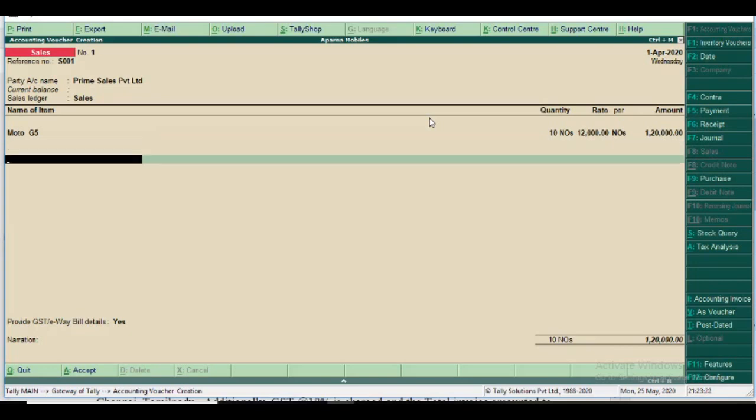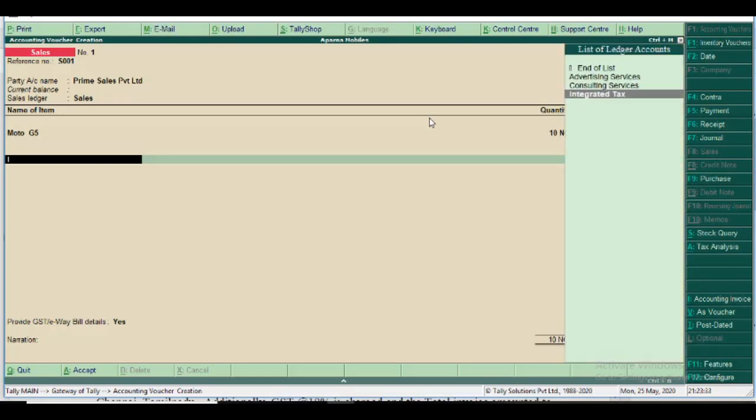It is also interstate sales because it is a state to state transaction. So the GST involves IGST, that means integrated GST. So I type I. Please note that in any transaction between two states, the type of GST applicable is only integrated tax.